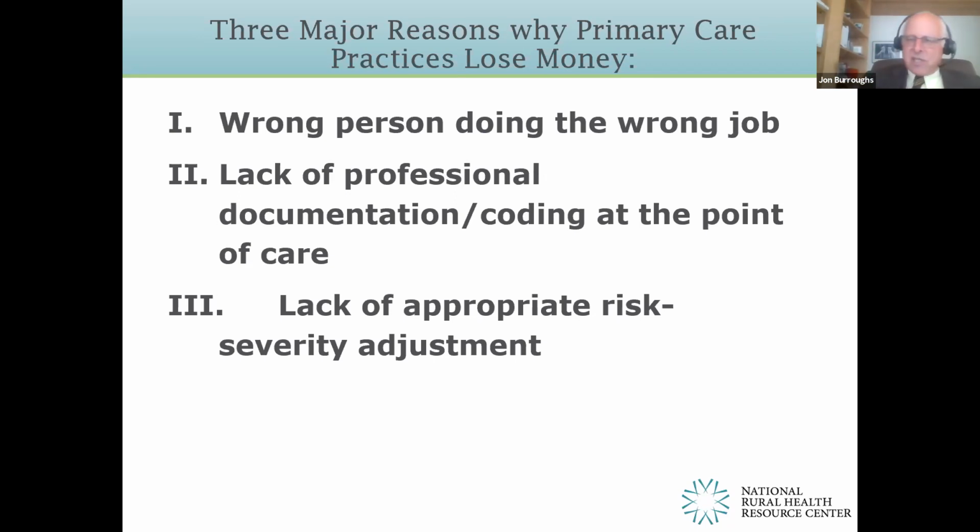And everything I'm going to show you comes from a rural area, because I know you're all in a rural area. This comes from Southeast Georgia Diagnostic and Prevention Center in Vidalia, Georgia. Vidalia, Georgia has a population of about 10 or 12,000. It's a very poor community. There are no major industries there, and people do not make a lot of money there. This is a very profitable primary care wellness center.